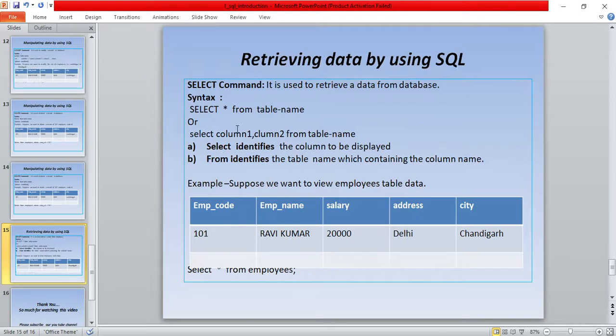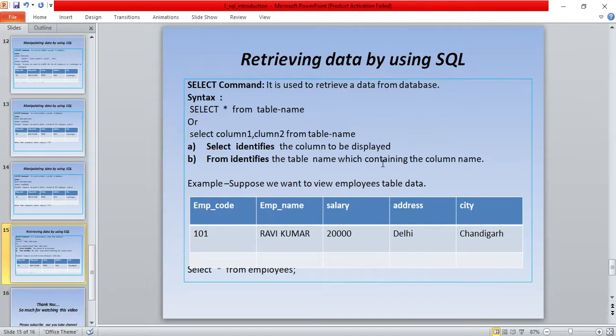And star means to select all the records from the database. If I use select star from employee, it means that it will retrieve all the data from the employee table.